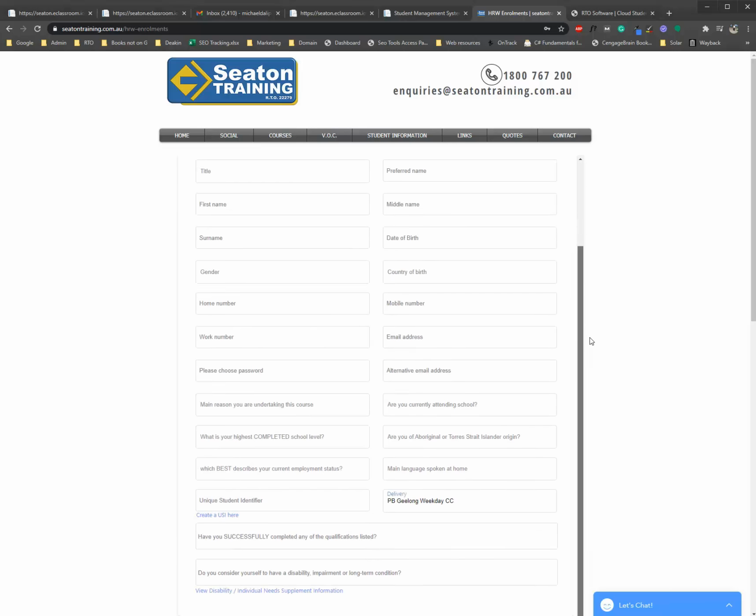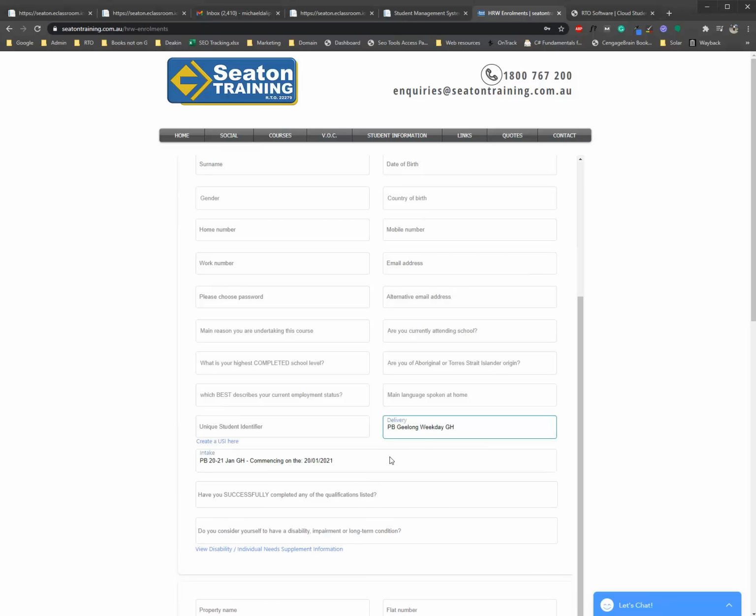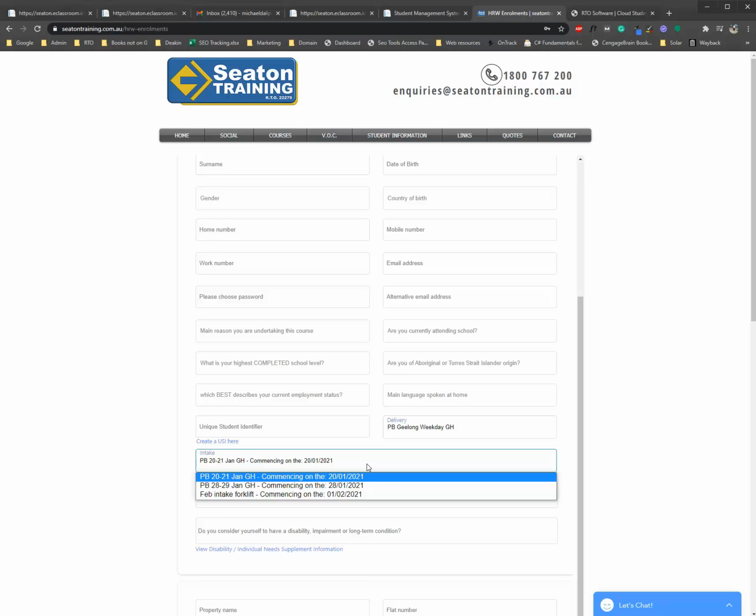So if I scroll down, I can see that it's giving me a name, the different delivery options that are created. So the one that we just did was Geelong weekday GH, I believe. And then you can see that it's got 3 different options within that. So you've got one that's starting on the 20th, the 28th, and then you've got one on the 1st of the 2nd, which is the one that we just created. So if I select that one there,